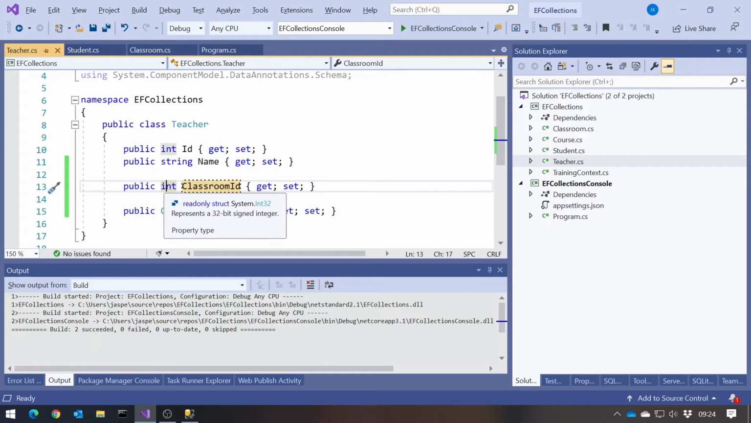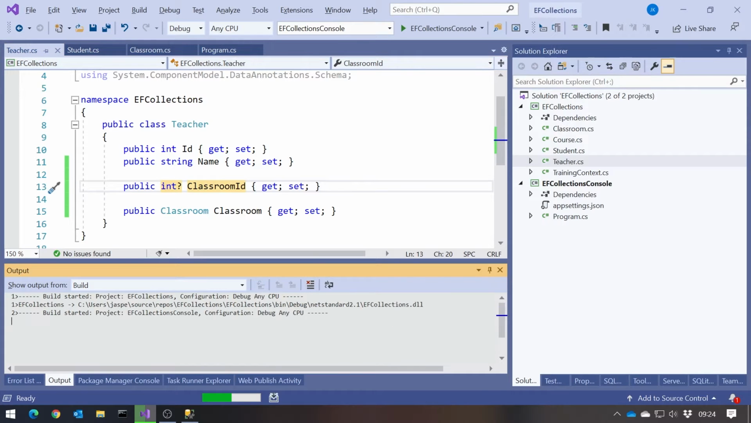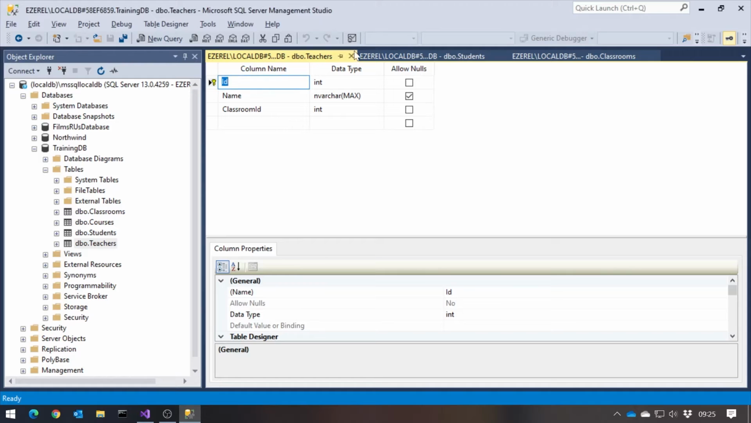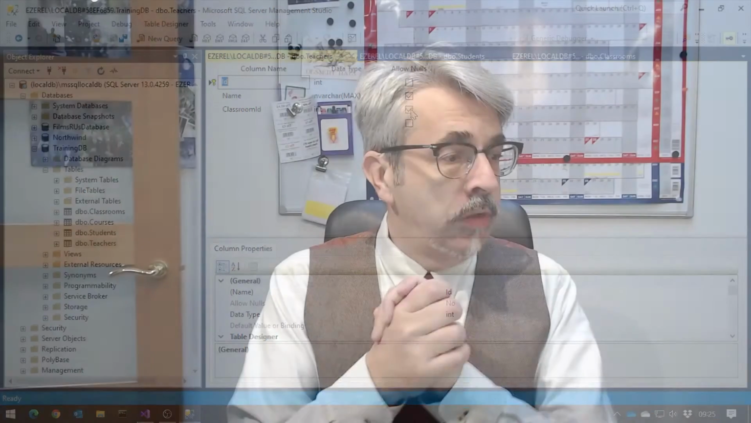And again, if I want to change that, the easiest way is to make that a nullable integer. And so now when we run that, and then look at the database again, there we can see we've now got a nullable classroom ID. So a teacher doesn't have to be in a classroom, they can be somewhere else entirely. So we've done 0, 1 to many, we've done 0, 1 to 1, and now let's look at many to